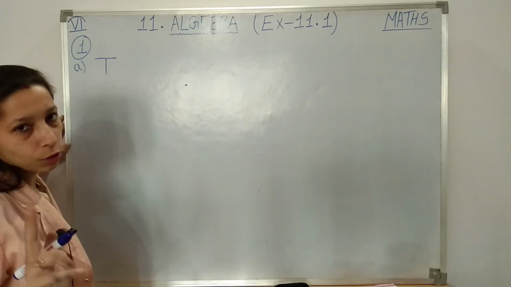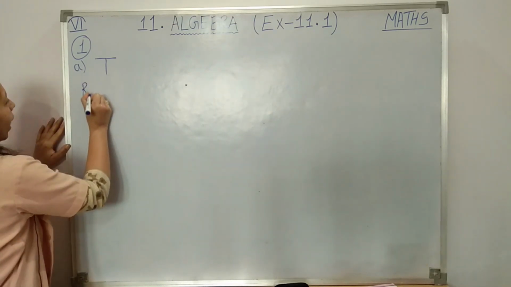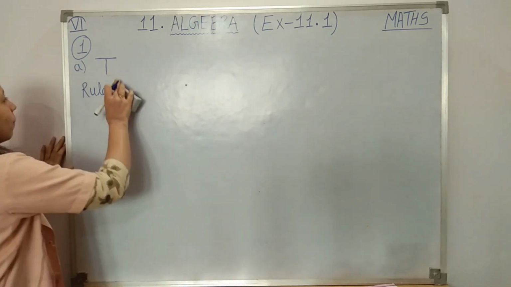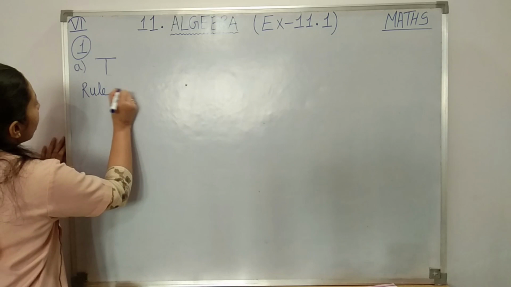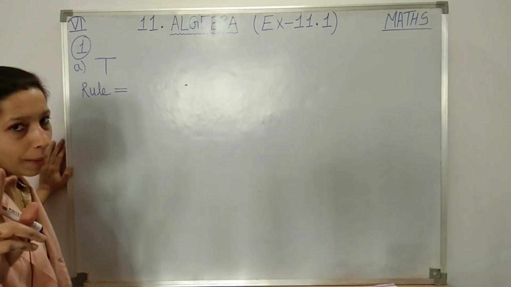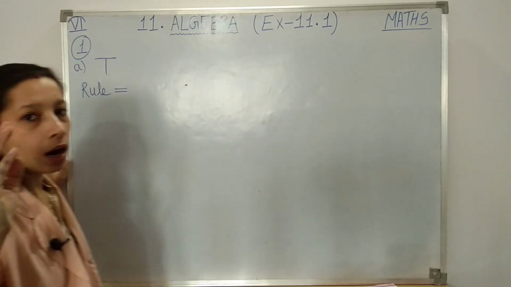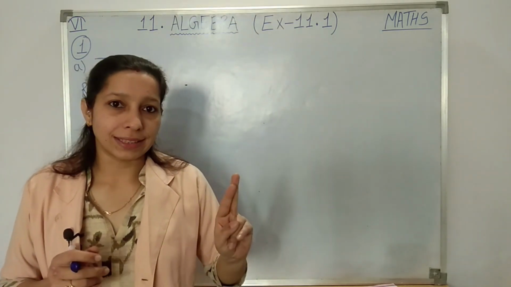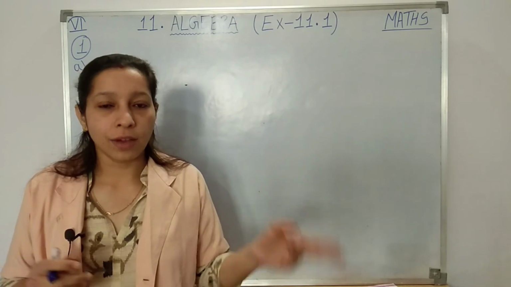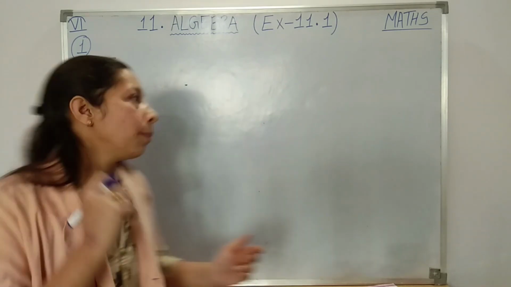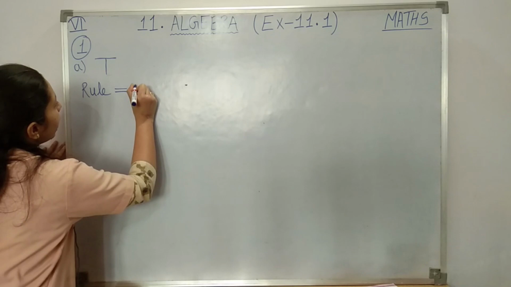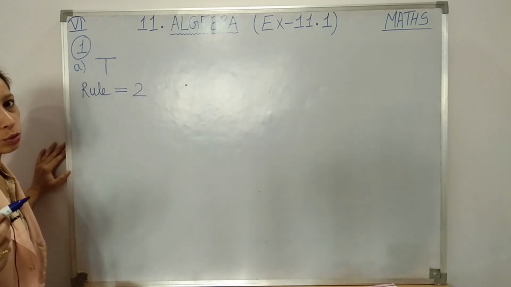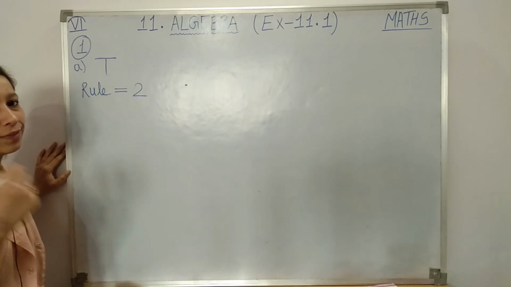So for T, how many matchsticks are you going to use, students? T can be made using 2 matchsticks. So here you are going to write the rule. Now students, every time we make T, how many matchsticks will we require for making 1 T? 2 matchsticks. If we want to make 2 T's, for 1 T, 2 matchsticks. For 2 T's, 4 matchsticks. For 3 T's, 6 matchsticks. Means here every time we will be taking 2 matchsticks for T, but what will change, students? The number of T's to be made will change.